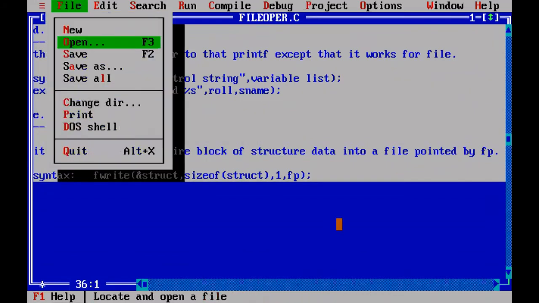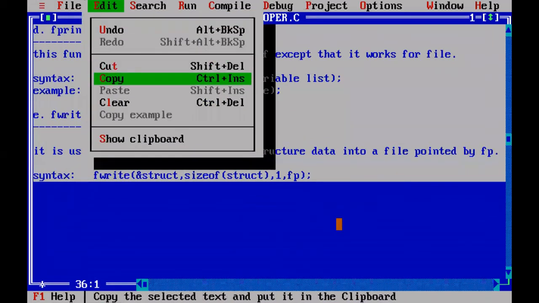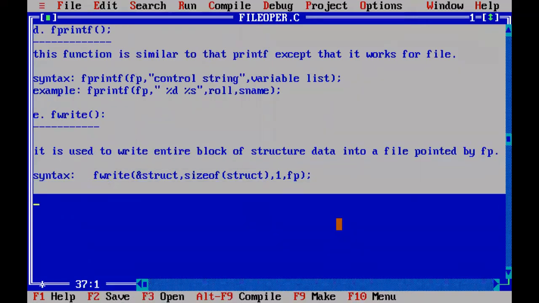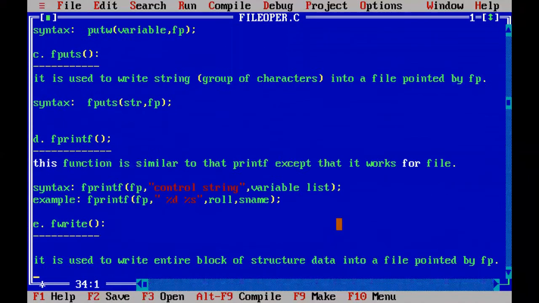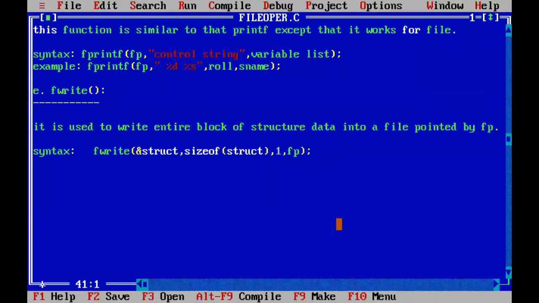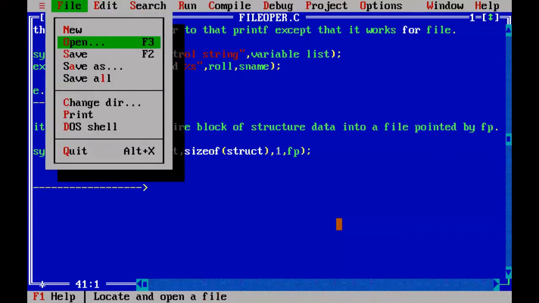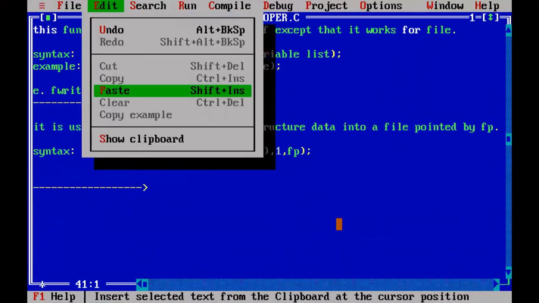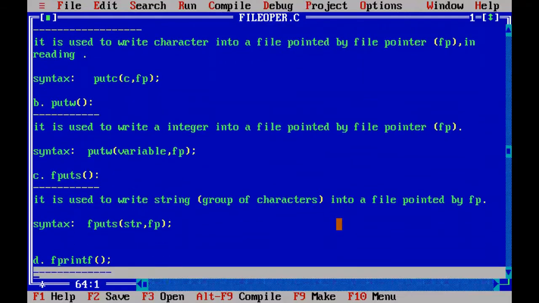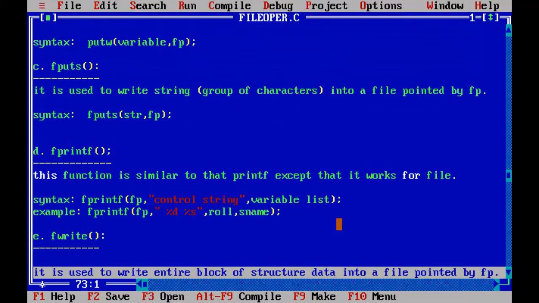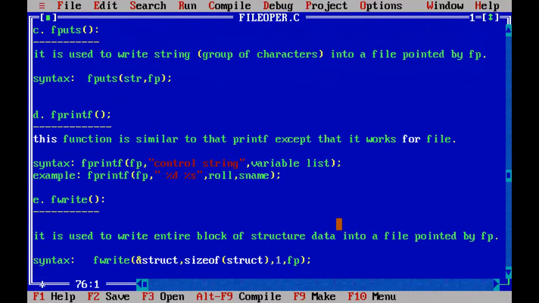Go to the edit menu, go to copy, and come here. Come to the end. Here go to the edit menu again and paste. Right, so this we are going to modify into reading operations.